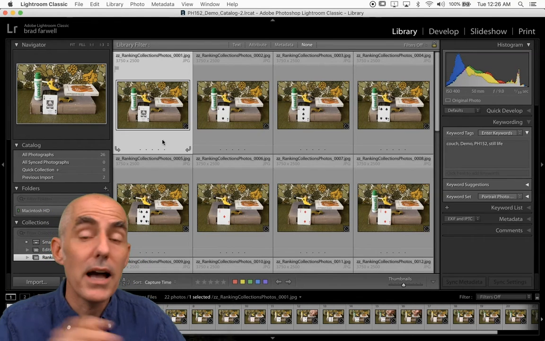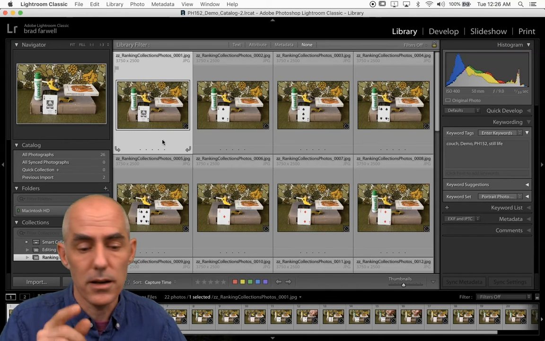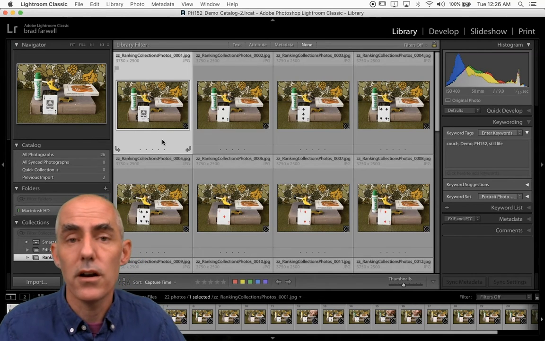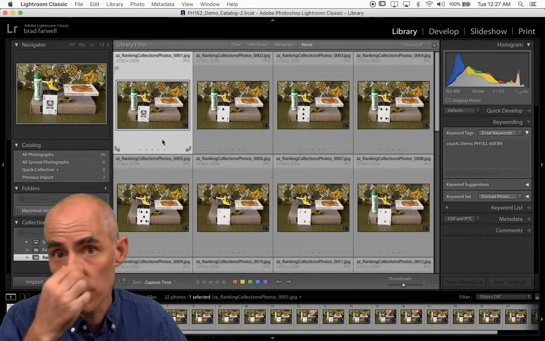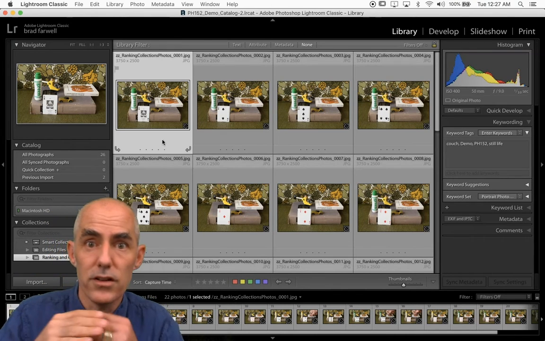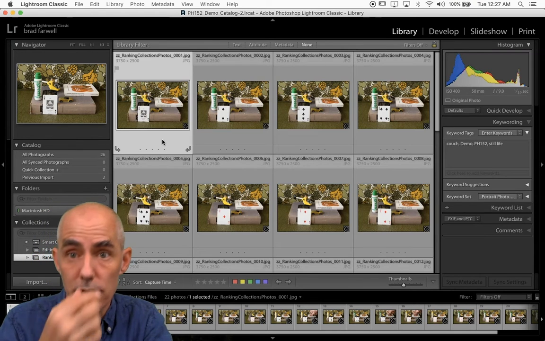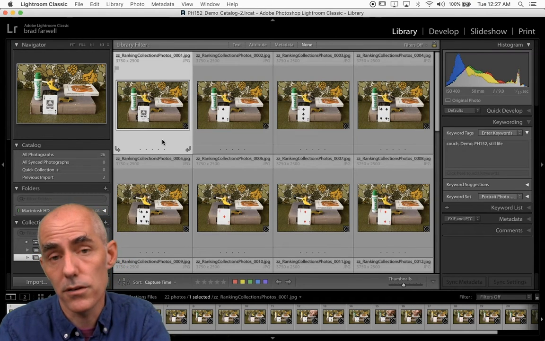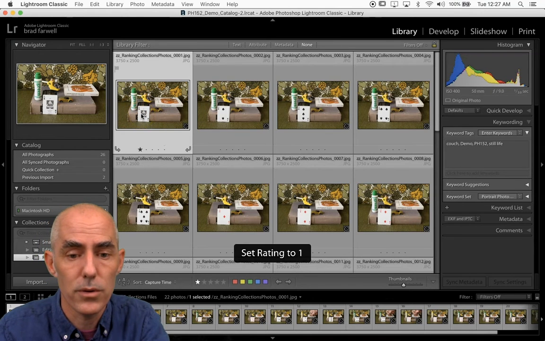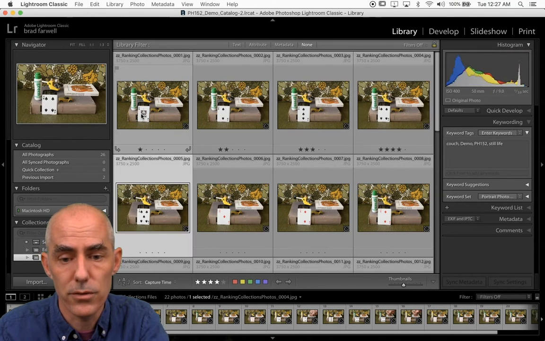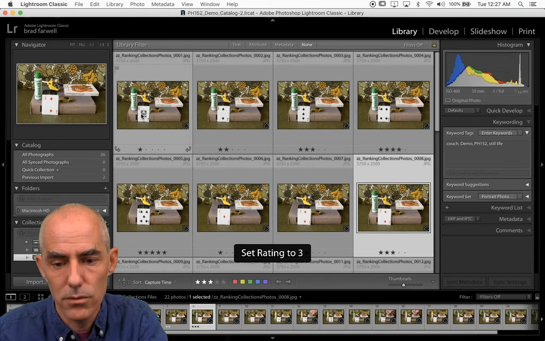Because the first time, I don't really know what's there. You know, there's probably a picture where I'm like, oh, this picture is good, give it a star. There may be a picture 2 frames later that is much better. So I don't want to be giving things 5 stars when there's nothing higher that I can get to. So for this exercise, I'm going to go through and give them stars based on the card. So that's an ace, that gets 1 star, 2 stars, 3 stars, 4 stars, 5 stars, 1, 2, whoops, that's